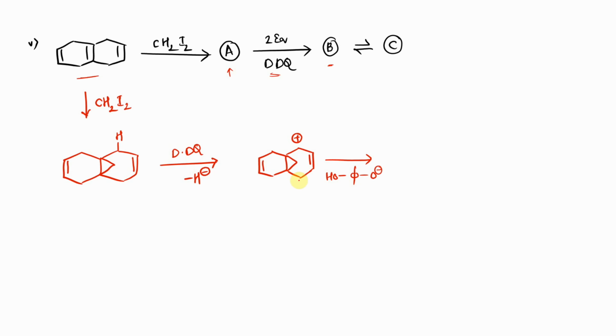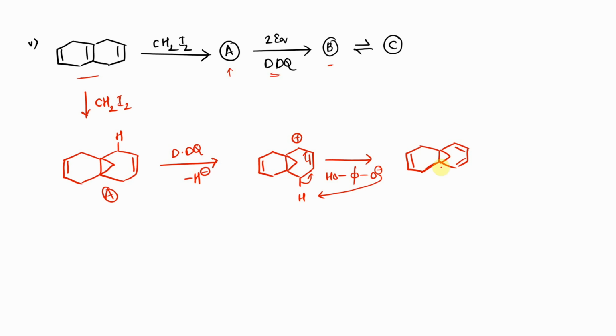So this O- attacks the hydrogen over here. As a result, we have a migration of bonds between hydrogen and carbon, resulting in the migration of the carbon-carbon double bond. So the product formed will be like this. Here we have a double bond, here we have a double bond, and this double bond was already over there. So this is the product formed from A once treated with DDQ.